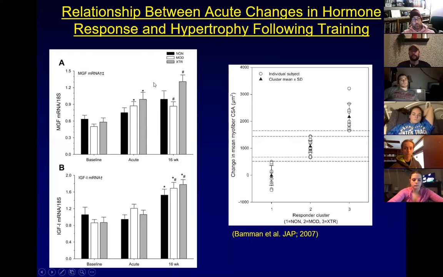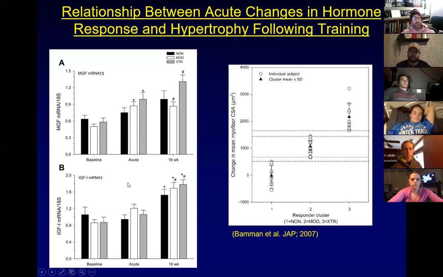Then we look at how much of this is still hanging around after 16 weeks of training. What we're going to find then is that these two are going to be up in comparison to their baselines. But again, the non-responders are still not. They must be cheating, this must be standard errors, not deviations, that this looks small and it's actually not